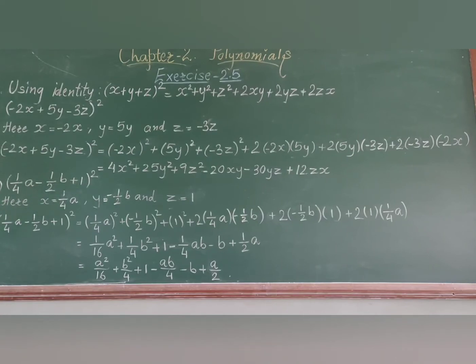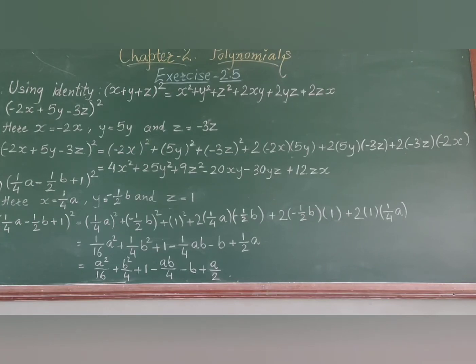So expansion of 1 upon 4a minus 1 upon 2b plus 1 whole square equal to 1 upon 4a whole square plus minus 1 upon 2b whole square plus 1 whole square plus 2 into 1 upon 4a into minus 1 upon 2b plus 2 into minus 1 upon 2b into 1 plus 2 into 1 into